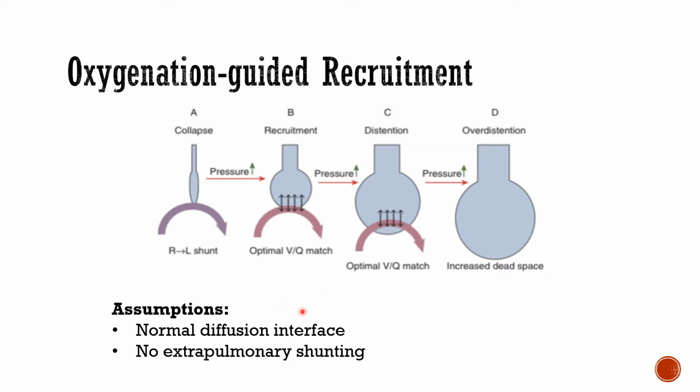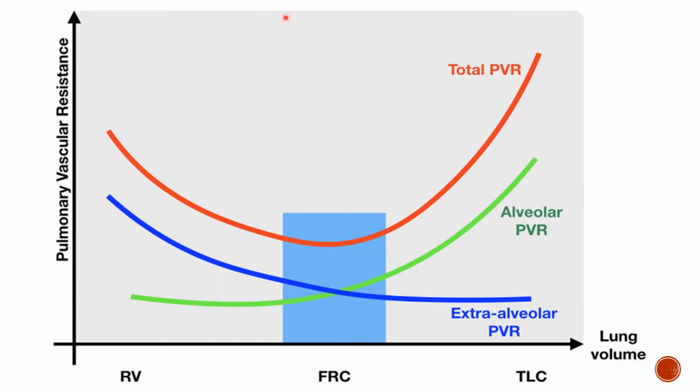However, this makes two assumptions. One, the diffusion interface must be normal, and two, there must be no extrapulmonary shunting. In order to achieve the best ventilation perfusion matching, we must minimize the total pulmonary vascular resistance, which is a